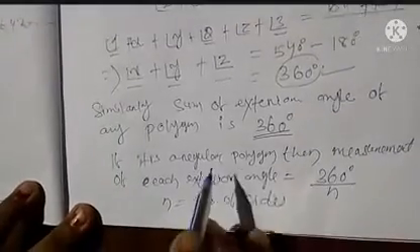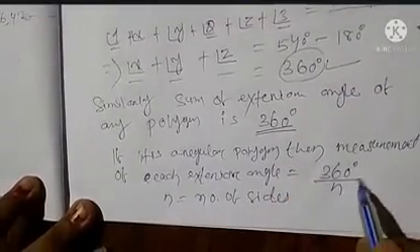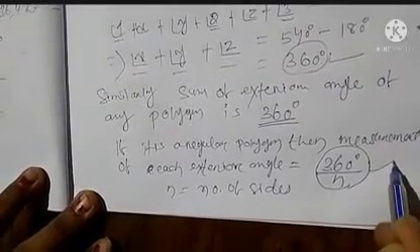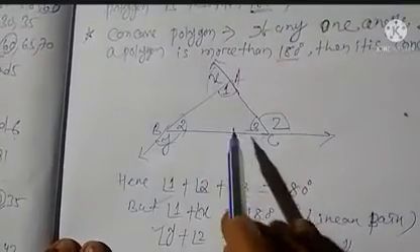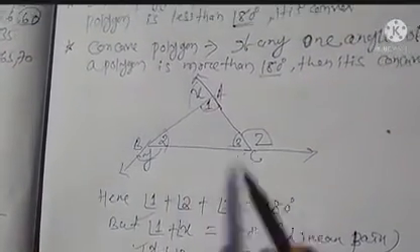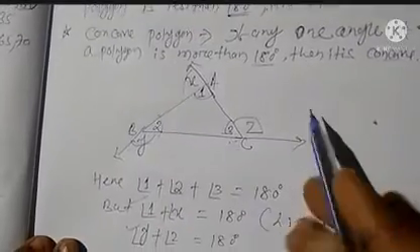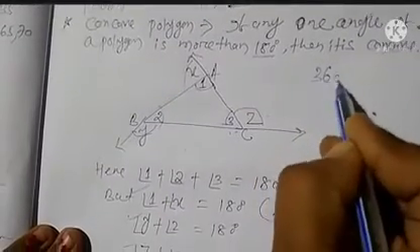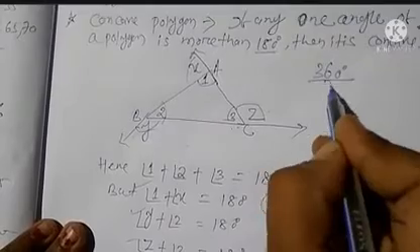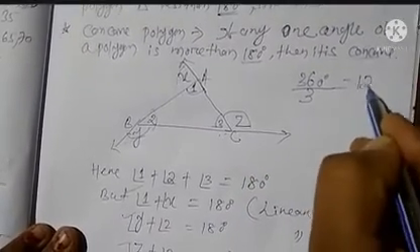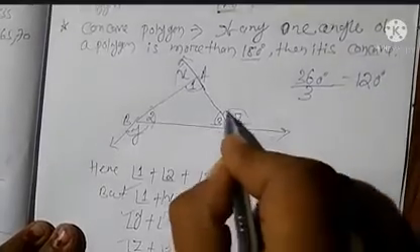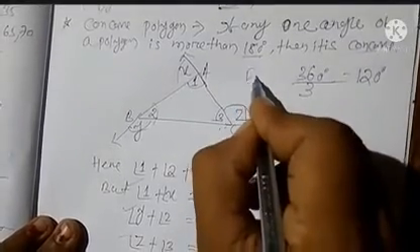Okay, look, if the polygon is regular, then this is the formula of the exterior angle. Suppose, look at the picture, look at the triangle. This is a three-sided polygon. If it is a regular polygon, the exterior angle sum is 360 degrees. The number of sides is 3. So, how much? 120 degrees. So each exterior angle, this is the formula for the exterior angle.